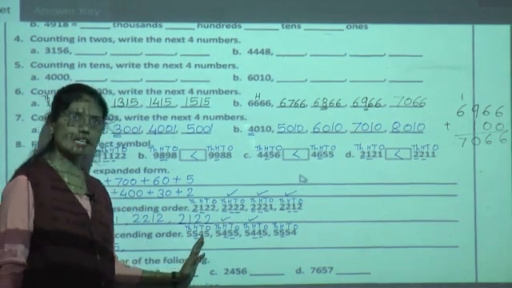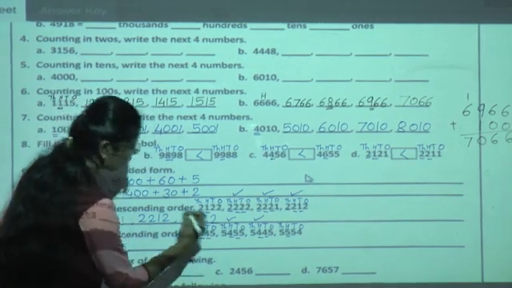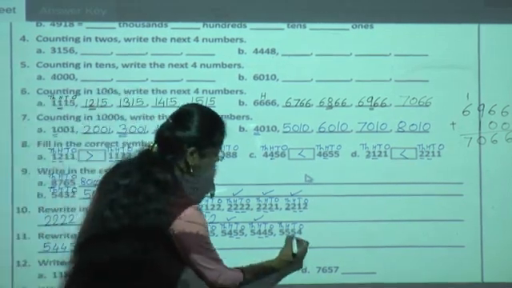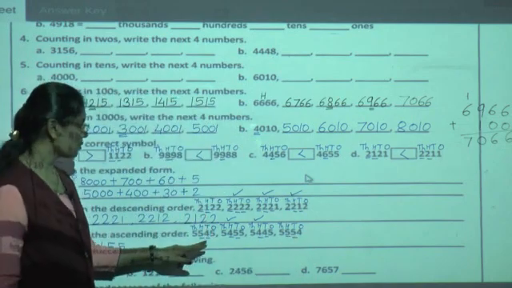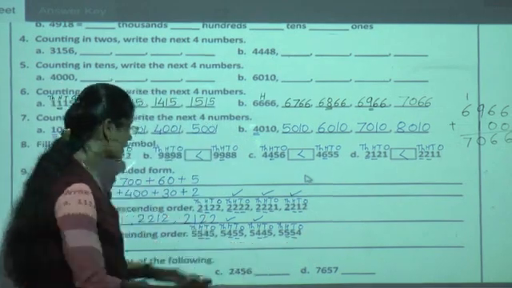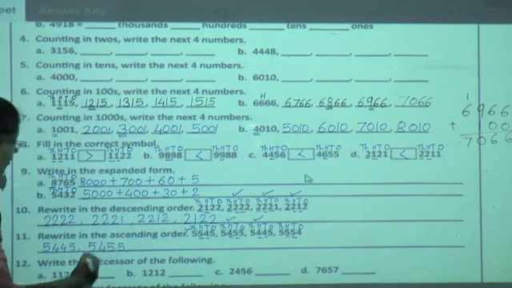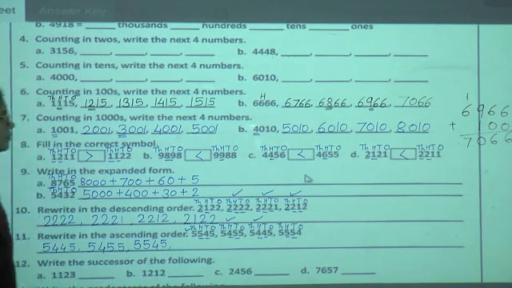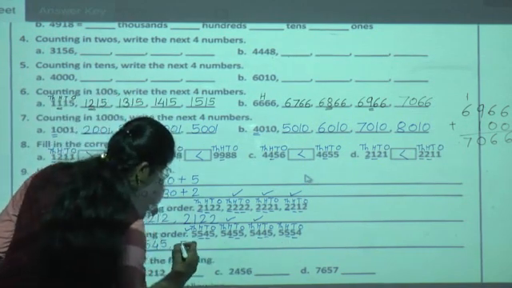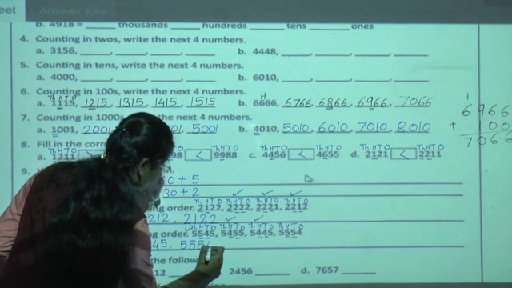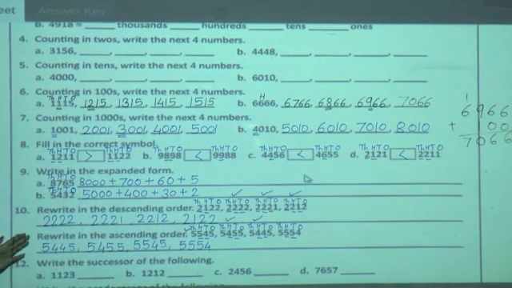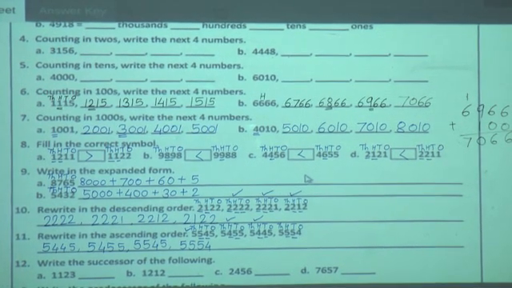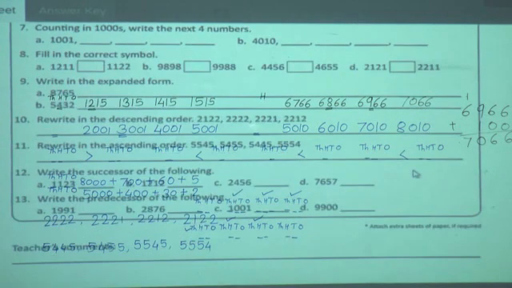will compare the tens place number. Here in this number at tens place 4 is there, and here at tens place 5 is there. So 4 is smaller than 5, so next this number will come, 5545, and the last one remaining, that number we will take, 5554. So in this way we can arrange the numbers in ascending order. Okay, now some more questions are there, we will see that also.